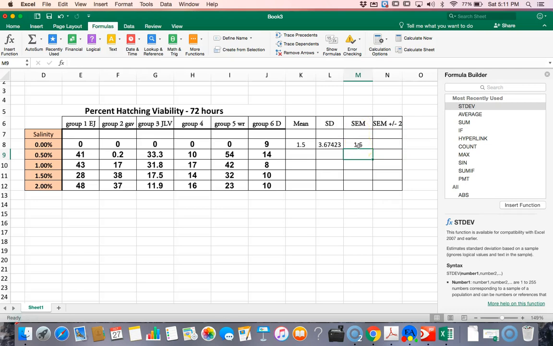And then because standard error of the mean, what we just did, is only 68% of all the means in that average, we want the plus or minus 2 because we want the 95 percentile of all the means. So I click here. I'm going to use this value and times it by 2. So I click here. I hit equal